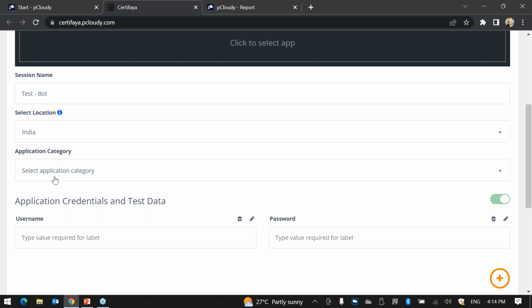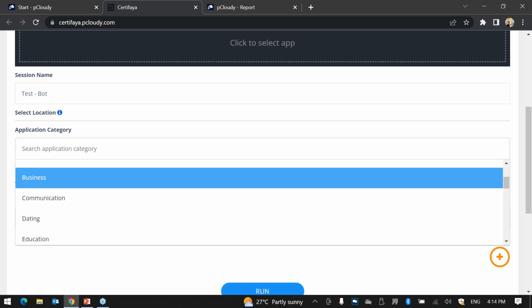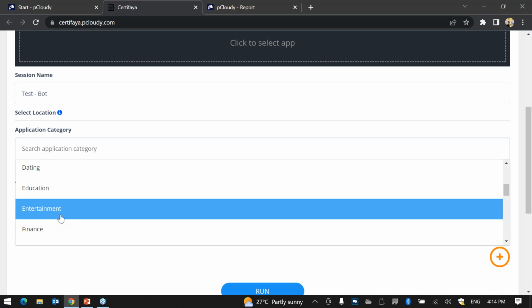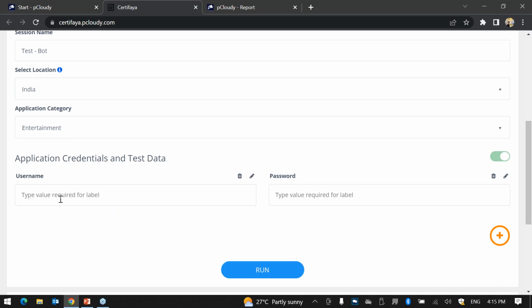This is where the difference comes in. You can actually train the bot by selecting the category your application belongs to. And then you provide any data that you need to input.